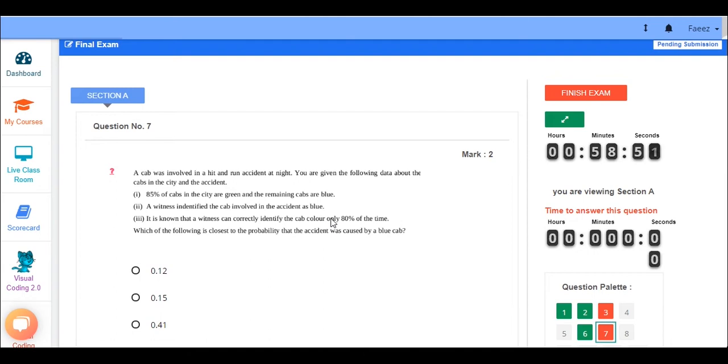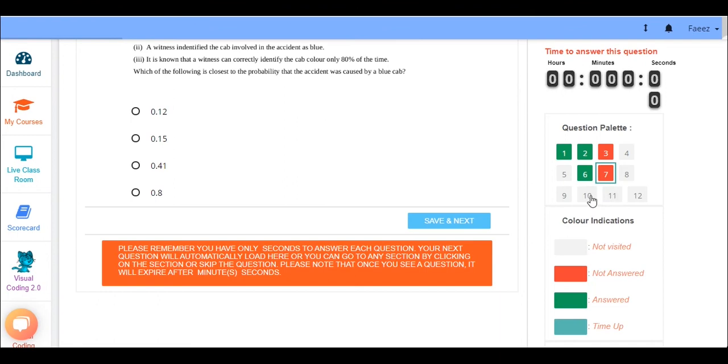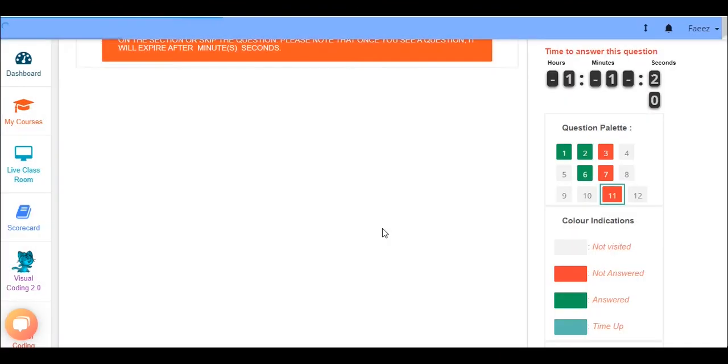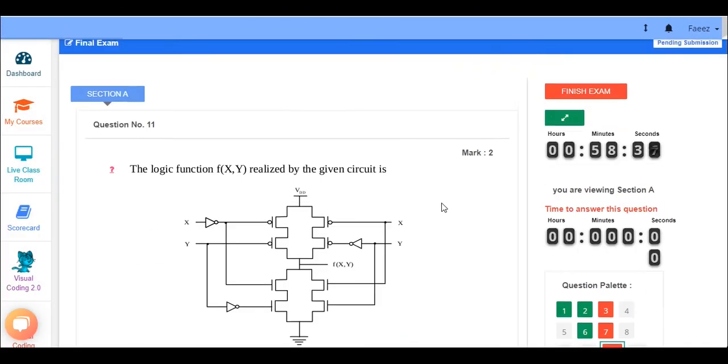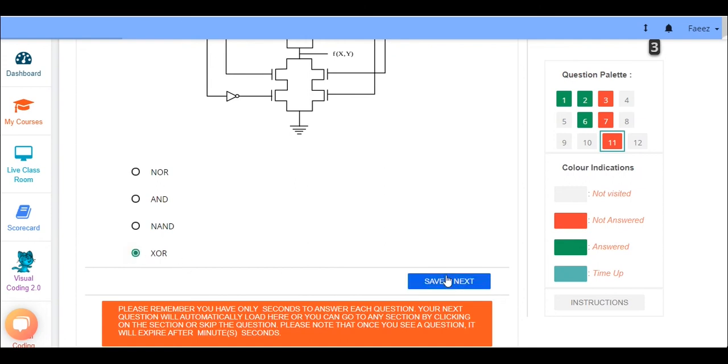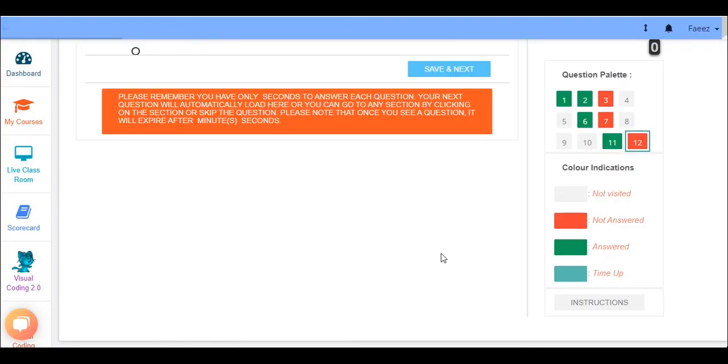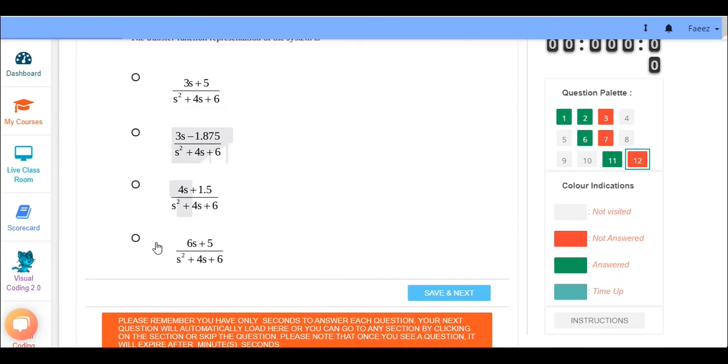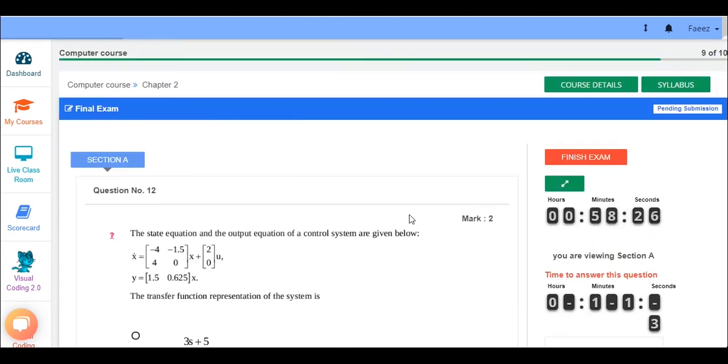So here a teacher can provide both objective type questions and descriptive type questions. The only thing is all objective type questions will be auto evaluated, and descriptive type questions have to be evaluated from the teacher's end. So you can answer it.